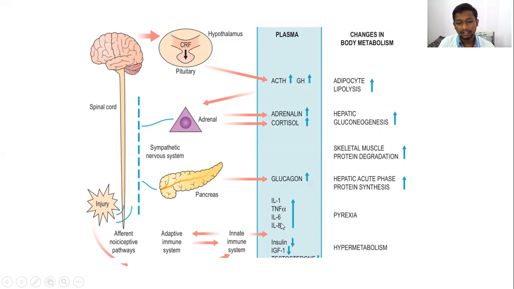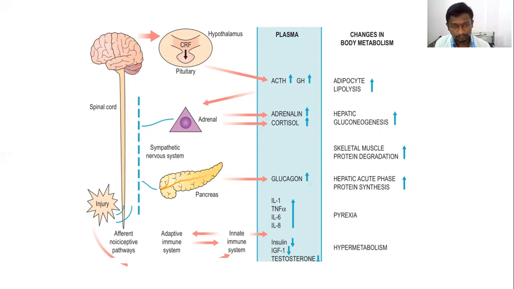All the cytokines stimulate production of cortisol, glucagon, and catecholamines again. And again, you have breakdown of glycogen, breakdown of proteins and fats, and you have insulin here in the end, for which there is resistance. So this hypermetabolic state will produce cytokines, and because of cytokines you have pyrexia, and all these things happen, producing more and more glucose and breaking down the muscles,